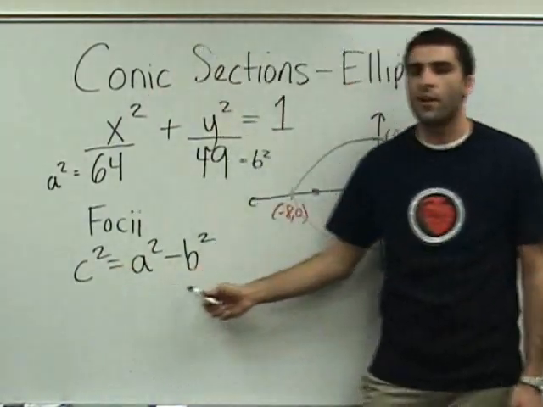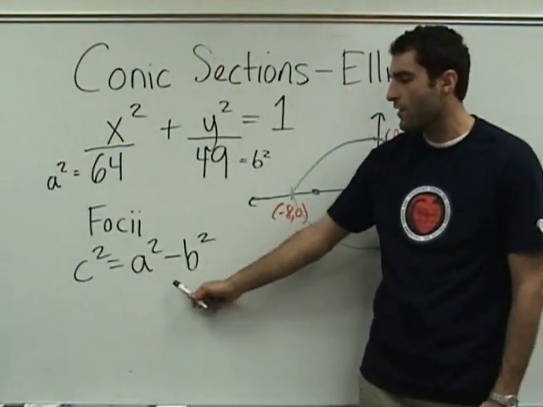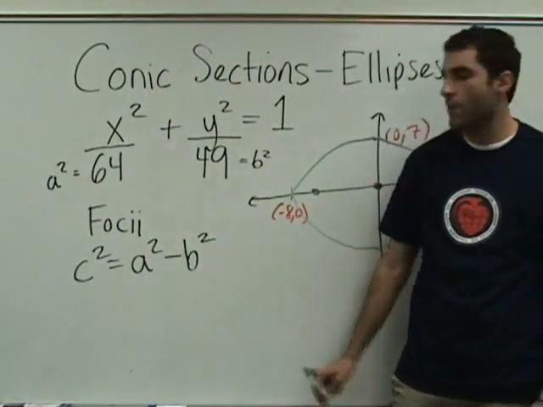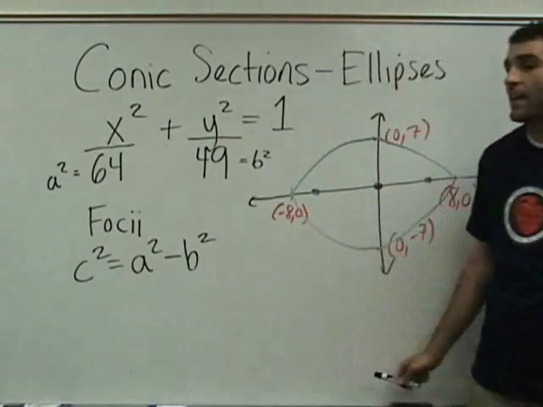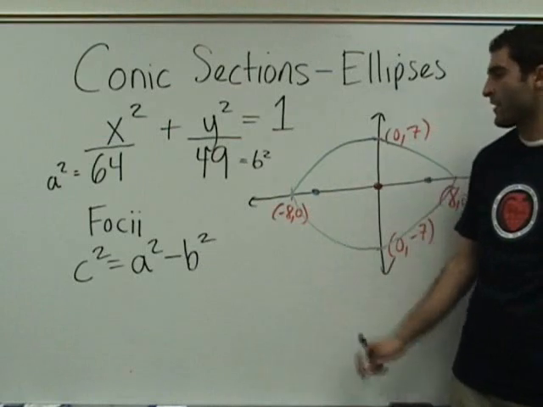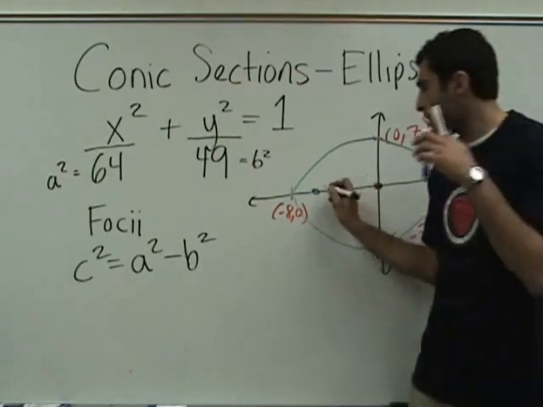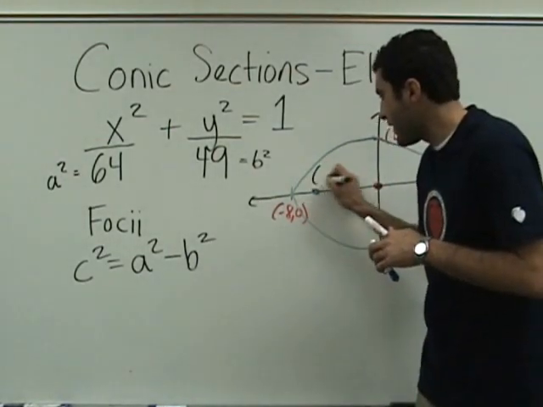The equation for the foci of an ellipse goes as follows. It's kind of like a backwards Pythagorean. That's how I look at it too. Yeah. And with the knowledge that